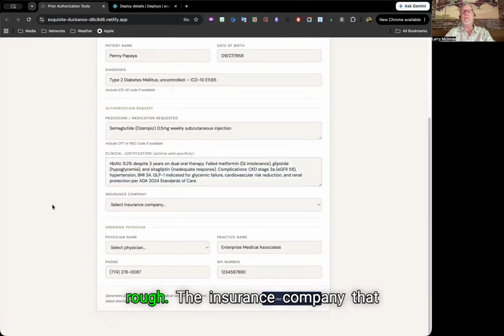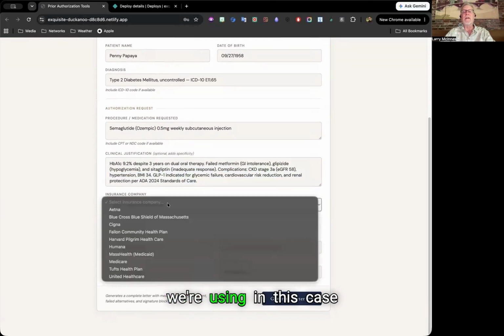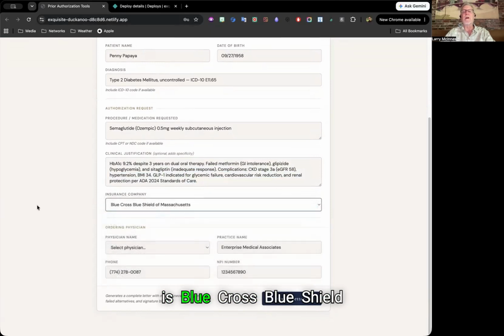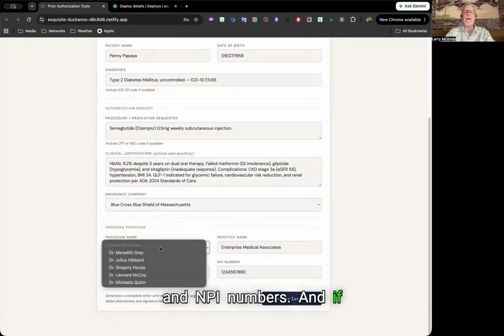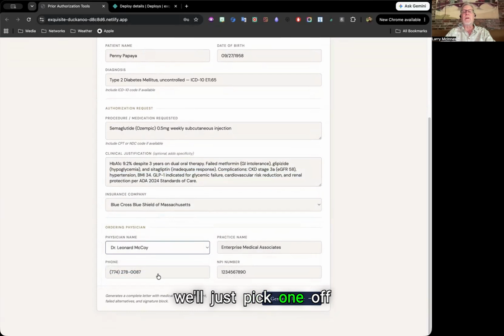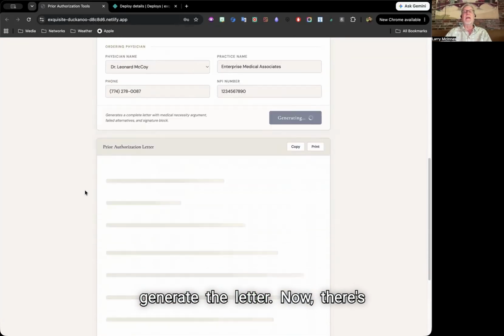it's pretty rough. The insurance company that we're using in this case is Blue Cross Blue Shield of Massachusetts. I've already plugged in the practice name, phone, and NPN numbers. And if your practice actually has more than one doctor on board, we'll just pick one off the drop-down menu and generate the letter. Now,